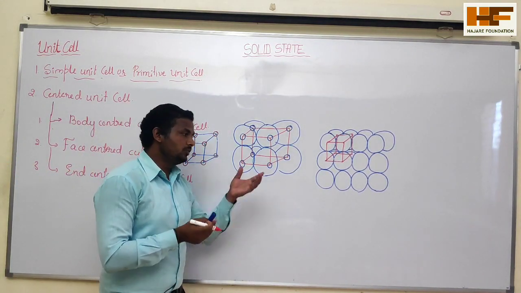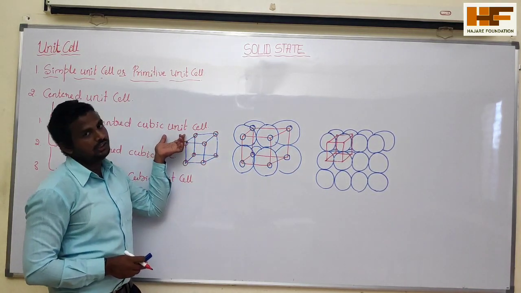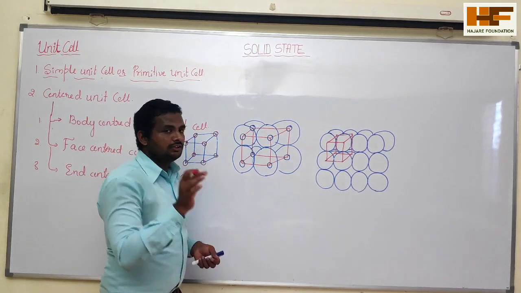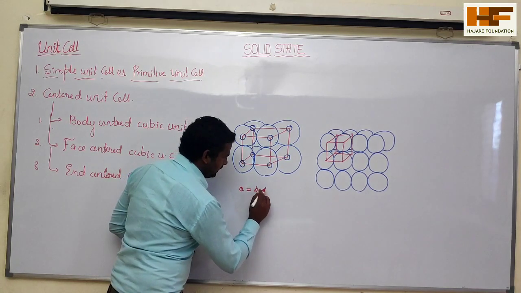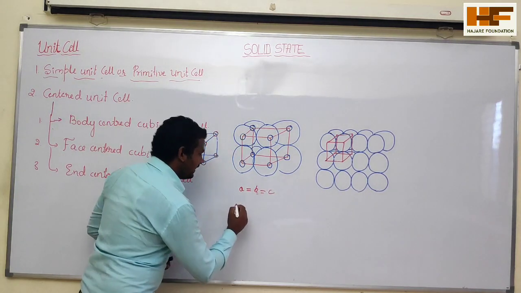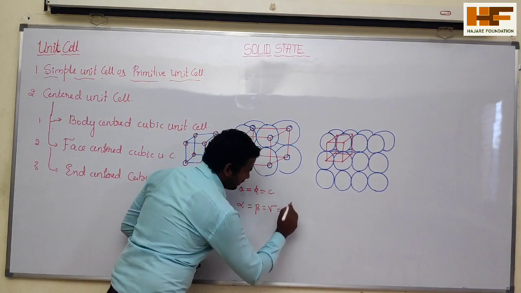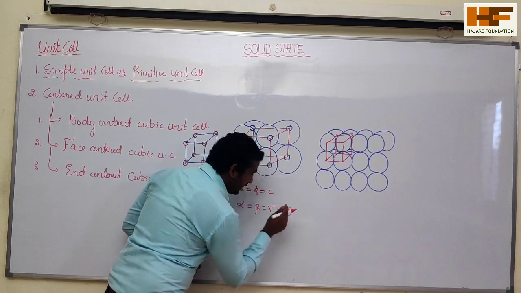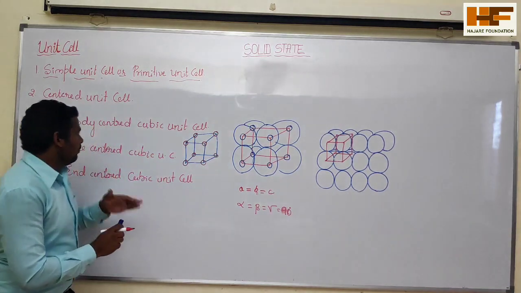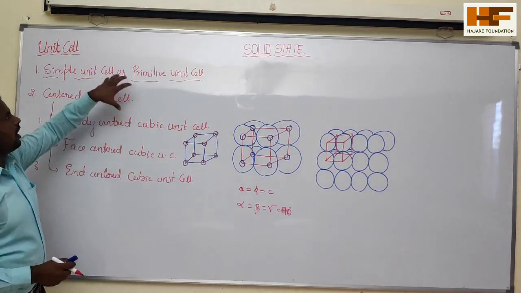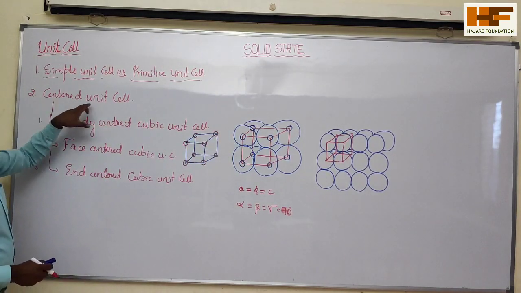You already know cubes, or they are having this structure like this. So here we will only consider that one only, cubic unit cell. So what is a cubic unit cell? As you already know the parameter, so that is edge length a is equal to b is equal to c, and the angles alpha, beta, and gamma, these all are equal to 90 degrees. So that type of cube we call it a cubic unit cell. So hence whatever the unit cells are there, those all we consider as cubic unit cells.